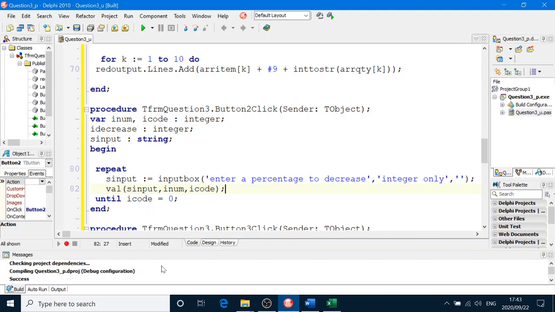Now I have explained how val works. It takes s input, tries to convert it to an integer, and if it does work successfully, then r code will be equal to naught. Okay, and if r code is not equal to naught, r code will be the integer, the character number of s input that is offending. In other words, it's not an integer, it's a character or something else. So r code will return the character number of the character that stopped the conversion. So when that happens, then we quite happily say r decrease